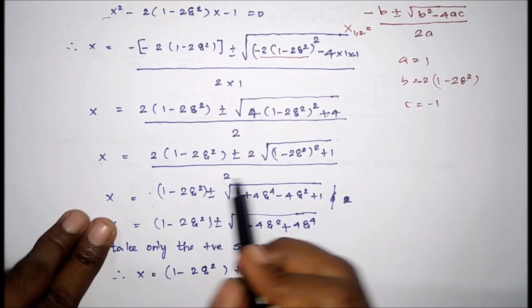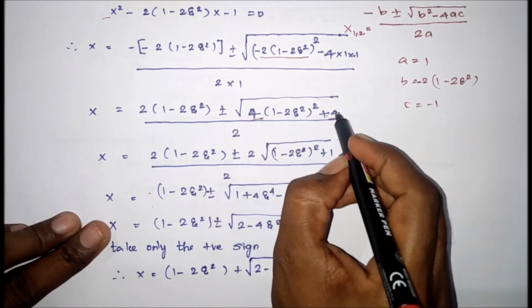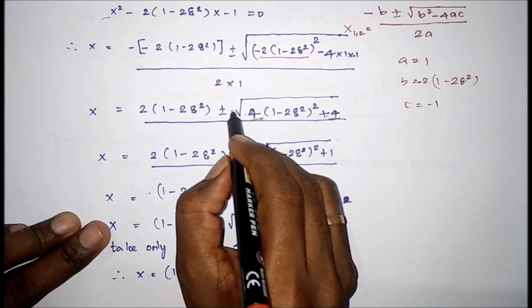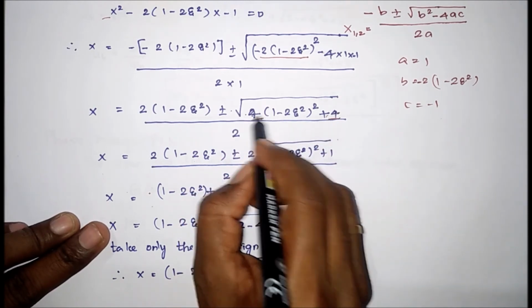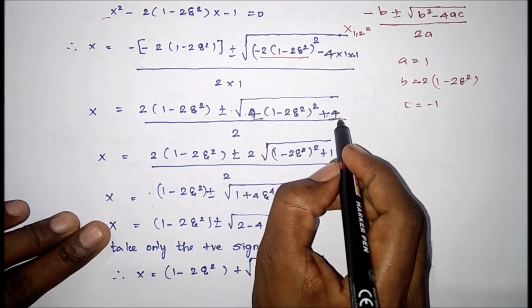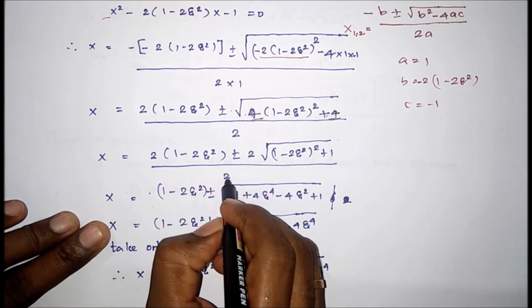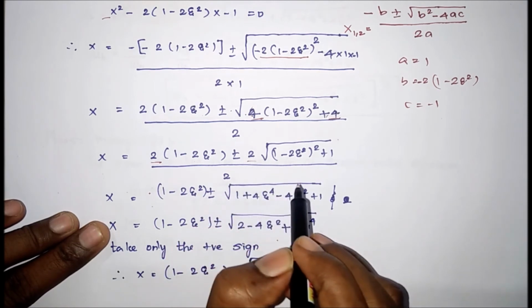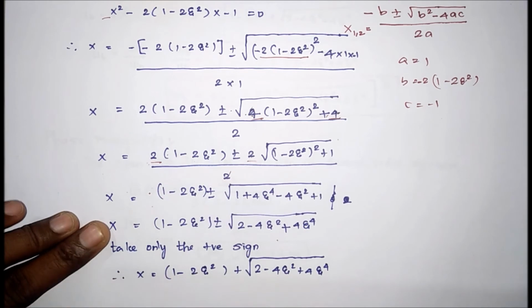So now actually what we are going to do, here 4 is available, here 4 is available. So we are going to take this 4 common, then take it outside. When we take this 4 outside, it will become 2, because both of these terms have 4. So now here also 2. These two terms are having 2, so we are going to take 2 common outside, then this 2 and this 2 will get cancelled.